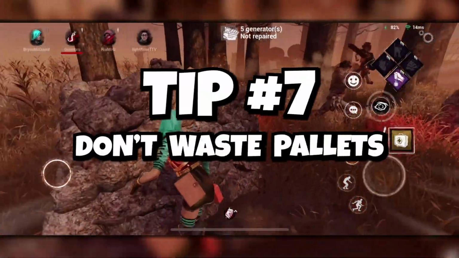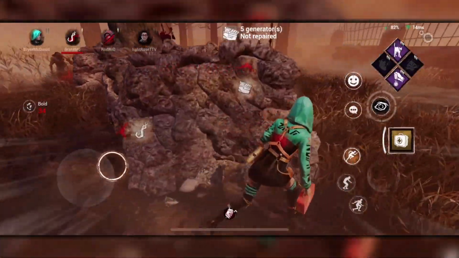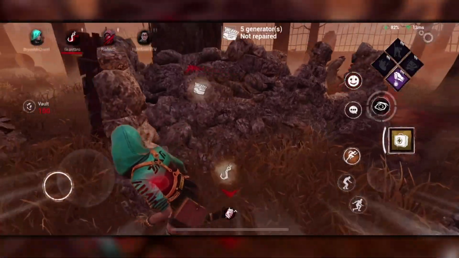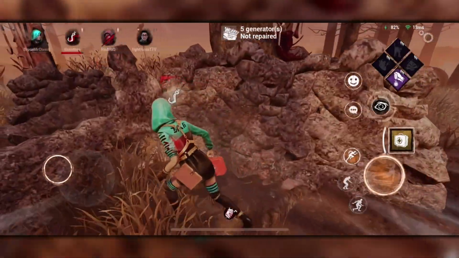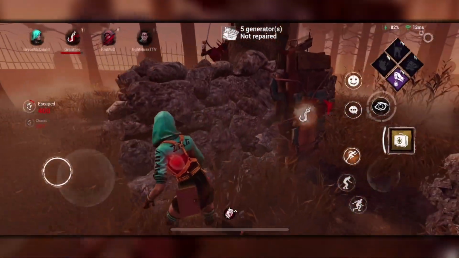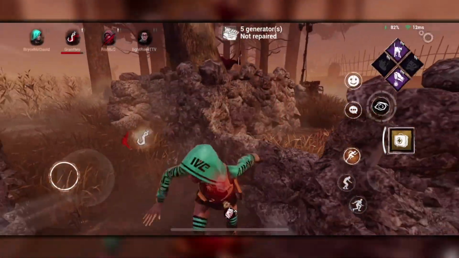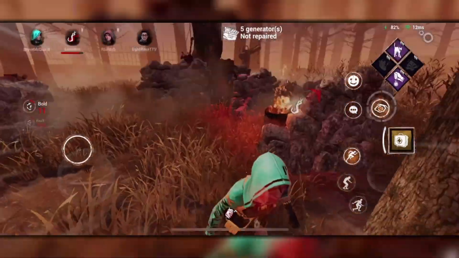Tip number 7, don't waste pallets. As a survivor, pallets are your best friend when it comes to avoiding the killer. And as there are only a limited number of pallets per map, you need to make sure that you use them at the right time. Beginner survivors often throw pallets as soon as they get to them, but by looping killers around objects and looking behind you, you can often waste 20 seconds or more of the killer's time per pallet before you actually need